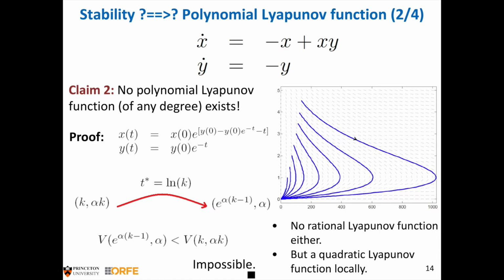So this you can compute where the crossing point would be. It would be e to the k to the minus 1. That's the x coordinate. Now, if you had any Lyapunov function, this should be satisfied. V at the end should be less than V at the beginning. And if V is a polynomial, this is impossible. Because if you plug in an exponential into a polynomial, the left-hand side would be an exponential function. The right-hand side would be a polynomial function. For large enough k, this would not hold. Okay? So that was simple, and it shows you that if you want to prove global stability, then you cannot